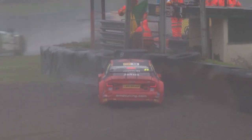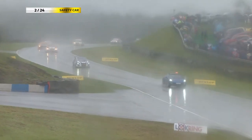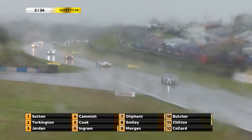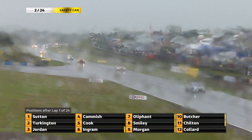Round he goes. Senna Proctor gets involved. Marshall ducks, understandably, and Ollie Jackson ends up in the gravel. So the safety car is on track. And this doesn't help the drivers in any sense, especially as at a low speed, less water is being shifted out